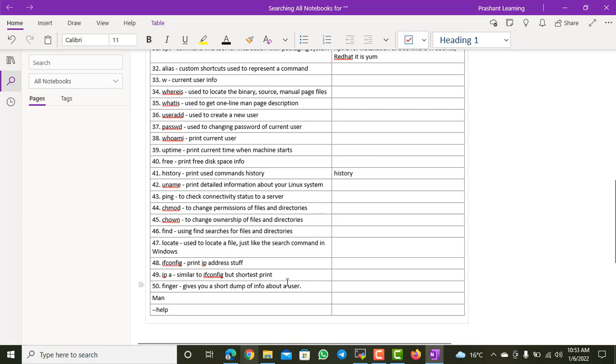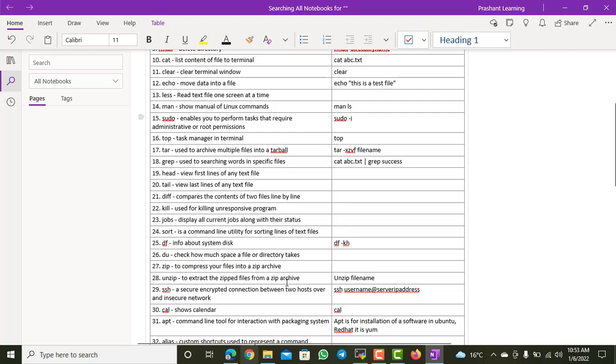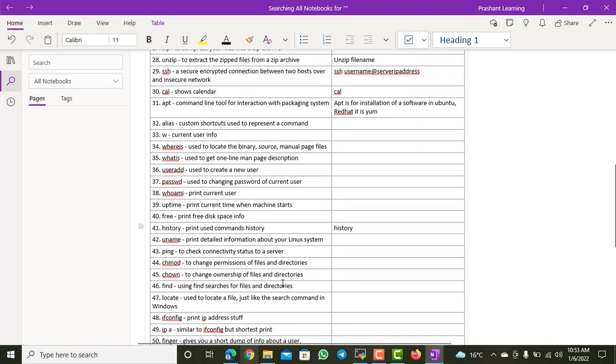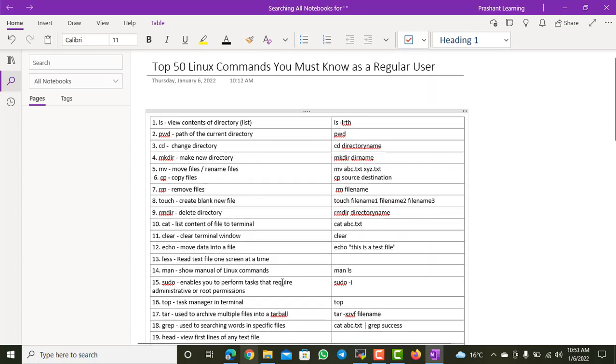There are a lot of other commands as well, but these are the things which you should know if you are working in a Linux environment, and it will help you a lot. It will cover most of the things normally used in the Linux system. I hope you like this video, and if you want to talk more about any particular command, I can create a separate detailed video for those.